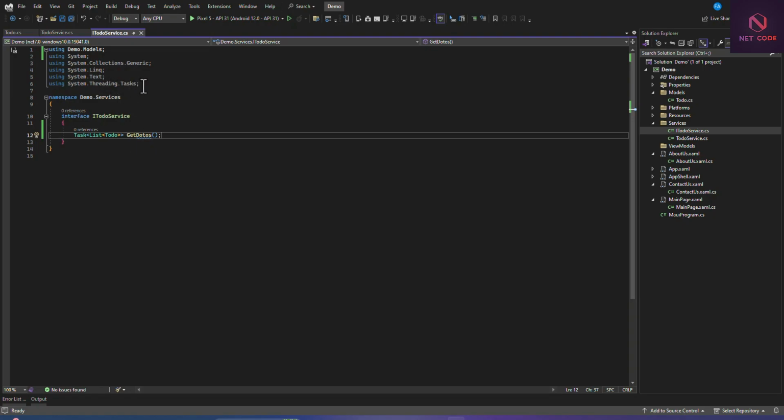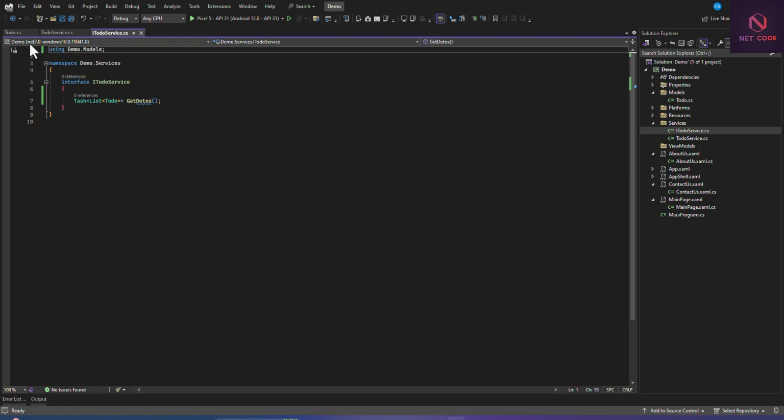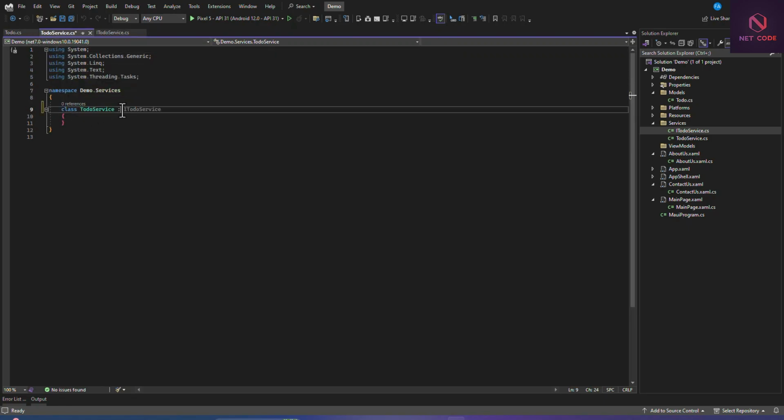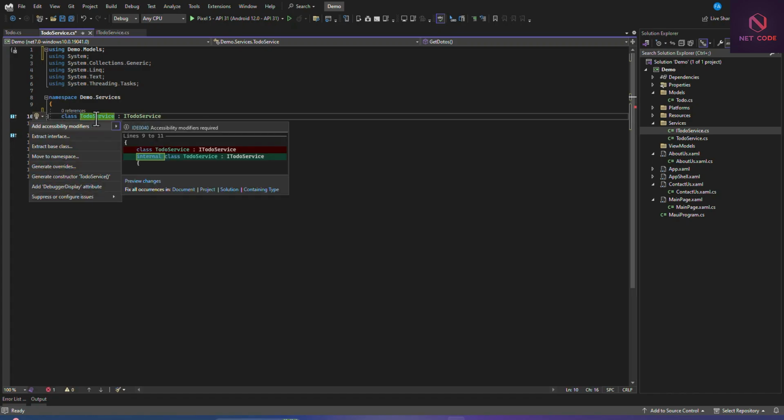Now let's go to the implementation class. And you know what, we have to inherit from this interface. So let's inherit from that, and with Control period, we implement the interface, and that's a list of ToDo. Okay, so now let's create a constructor so that we can inject the HTTP client.